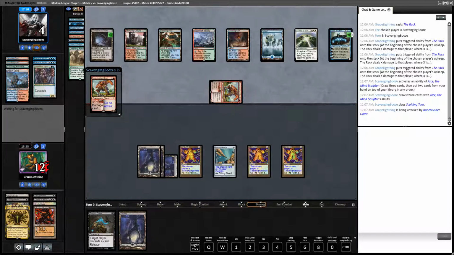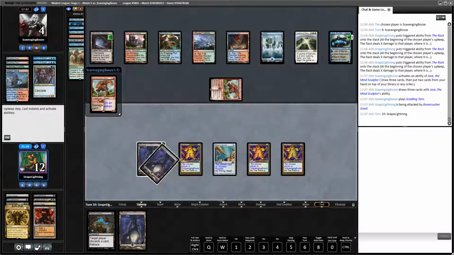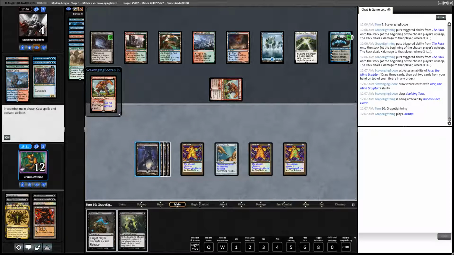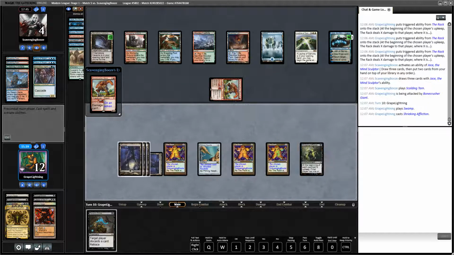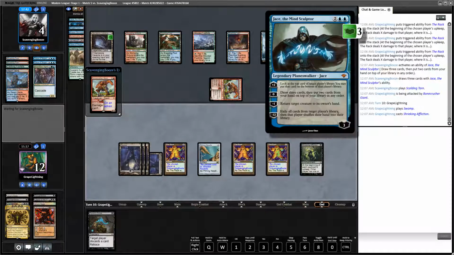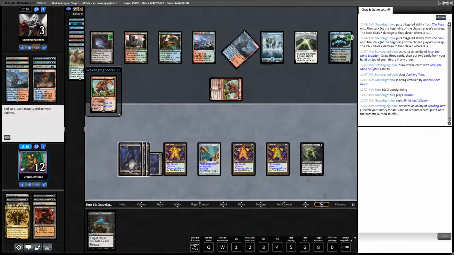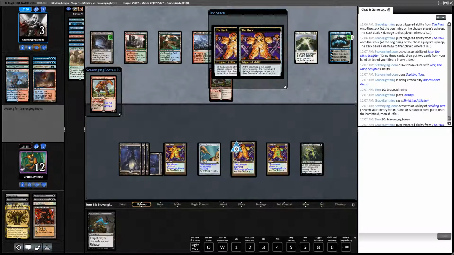Smallpox, that wins us the game, right? That's it. Yeah, Shrieking Affliction does not do it. They're going to keep upticking this Jace, and we're going to lose to this Jace. I've never seen this card in this deck, so I don't know if this is a sideboard card, if that's the new tech, or if it's a spicy one-of, but...